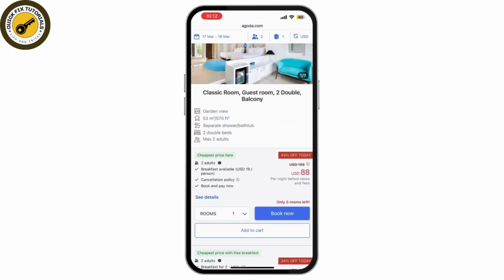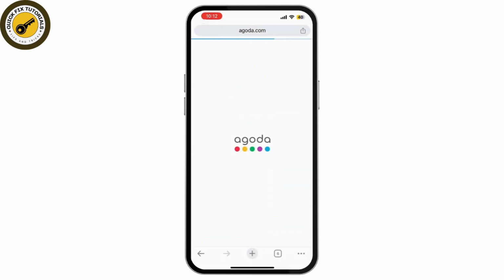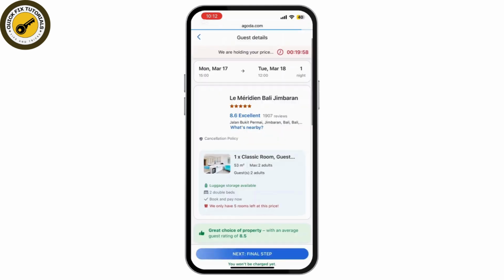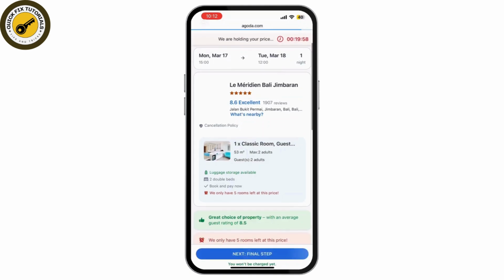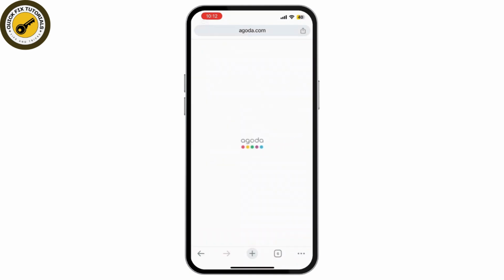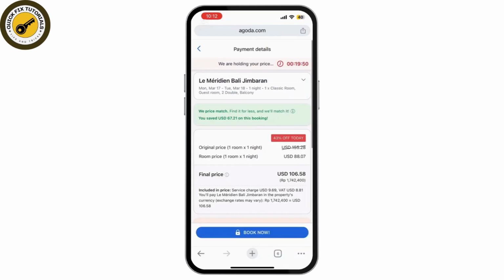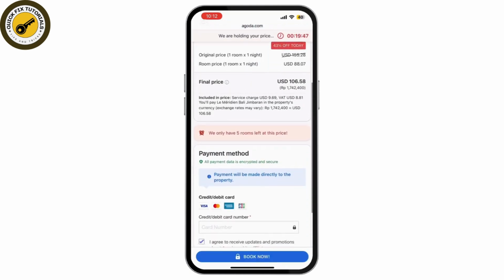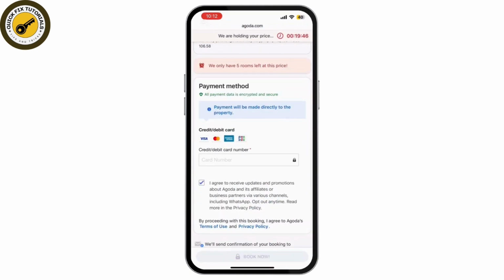Now what you need to do is once you're happy with your room, simply tap on book now. Now simply tap on next final step. Now here is the main process. What you need to do is add your payment method. Just tap on the card number